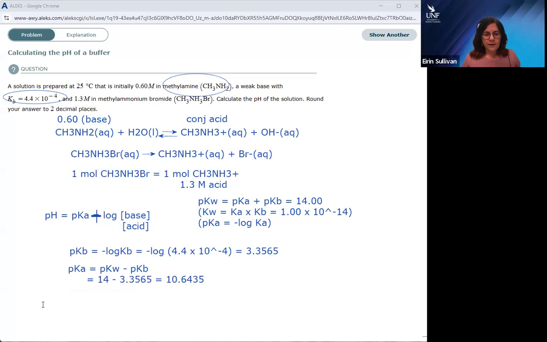Okay, so now we can just substitute into our Henderson-Hasselbalch equation. So pH is the pKa, so that's going to be 10.6435 plus log of the concentration of the base, which is our 0.60, over the concentration of the conjugate acid, so that is going to be the 1.3 it was. Okay, stick that in your calculator. You should get a number, and that comes out as being a pH of